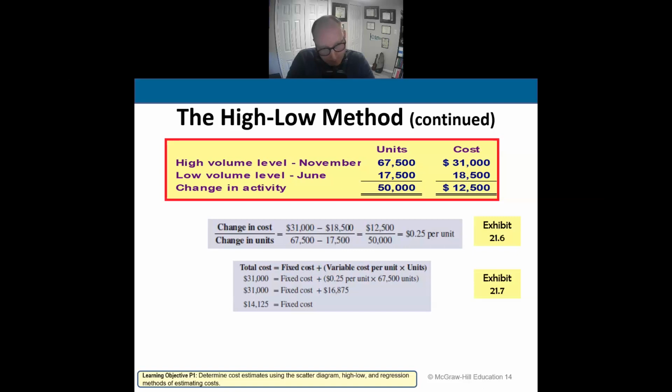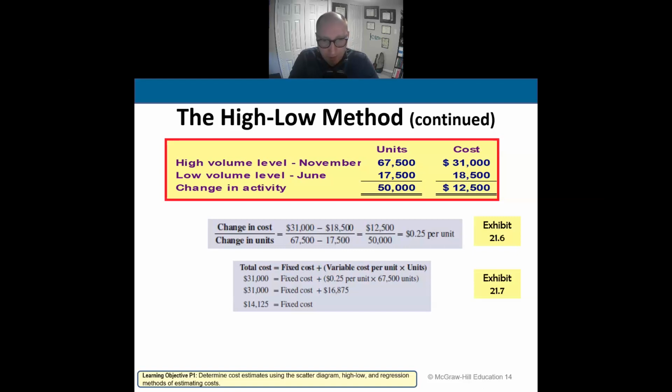Now, the reason why that is important is because it will represent a change in the total cost. Now, let's find total cost. I find total cost 31,000 at the high. The high, 31,000